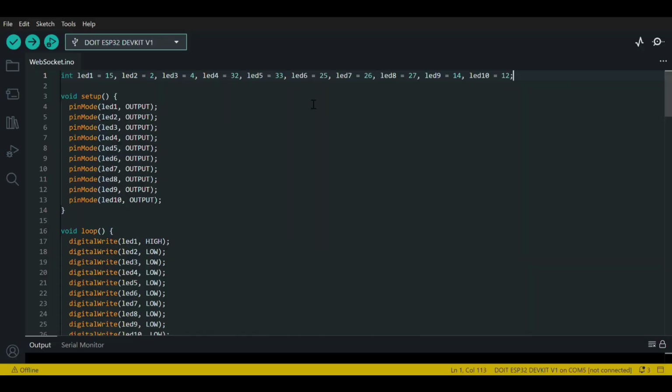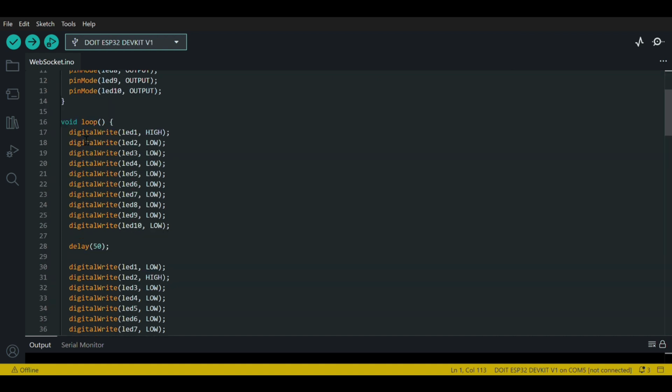Alright, so now coming to the code, here I have declared 10 LEDs as integers and given them the digital pin values, and in void setup the code which has to be run once is written. Right now I have declared all the LED digital pins as outputs, and coming to the void loop,